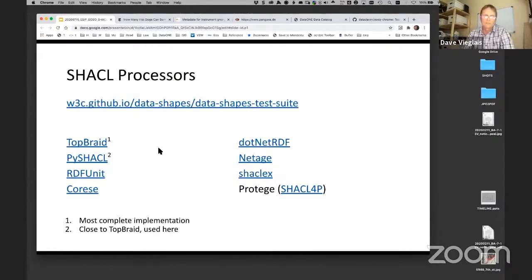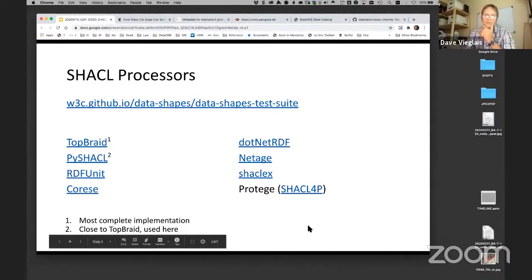You can see that the TopBraid Composer implementation, basically the reference implementation for SHACL processors, passes all the tests. PySHACL is very close. It's currently failing, I think, one or two of the more complicated tests. And there are various others that you can work with as well.